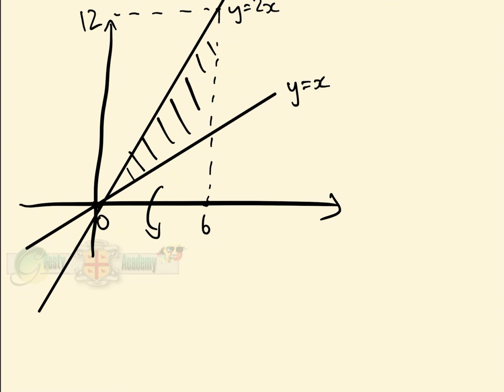Okay, this time what we're going to do is we are going to get a little shell here, which is width of dy this time, and what we're going to be doing is integrating between y equals 0 and y equals 12, even though we're going to go around the x-axis. And what we're going to do is we're going to take this shell and we are going to rotate that shell all the way round